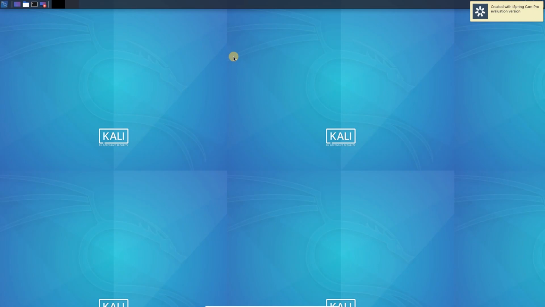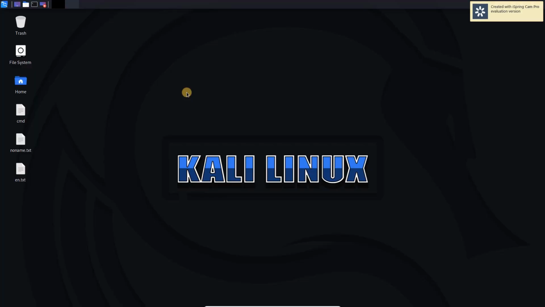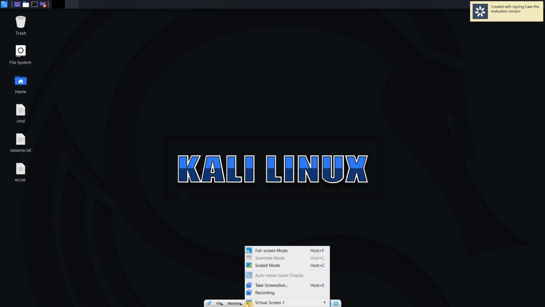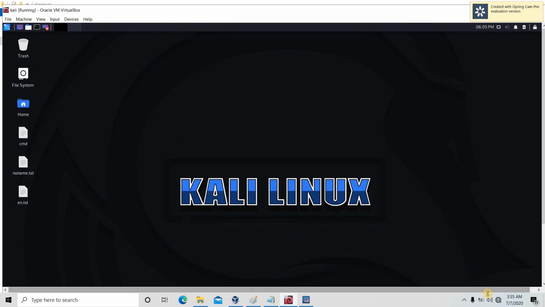One thing I want to tell you about this tool is it is already inbuilt in our Kali Linux. So if you are using Kali Linux, you don't need to install it.